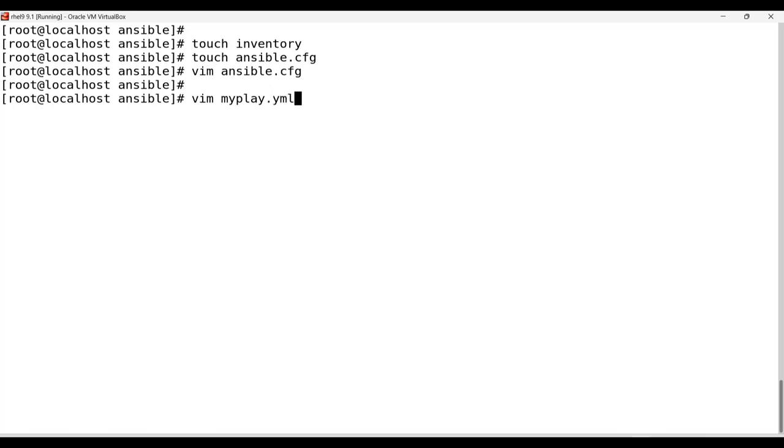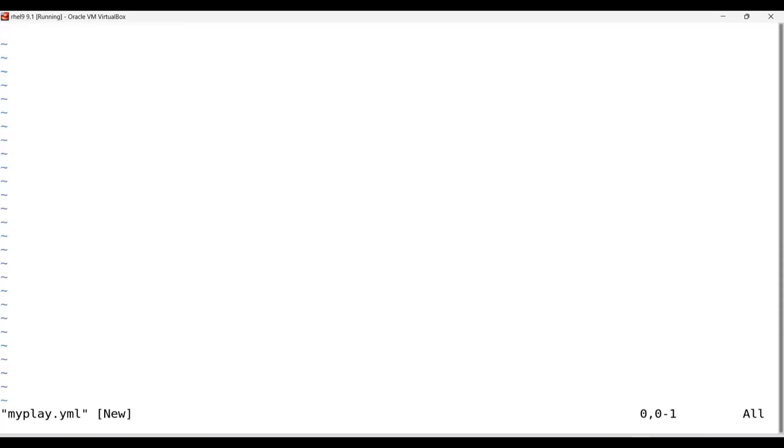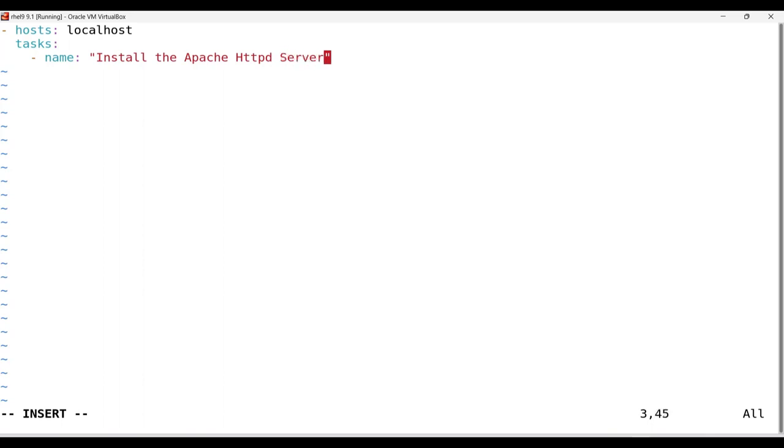The extension would be a YML file, because everything will be clear in the YML file. The first thing we have to mention is hosts: on which host you want to do it. We'll learn a lot about this, but today I am going to just configure on the localhost. And what are the tasks you have to run? For example, I want to install the